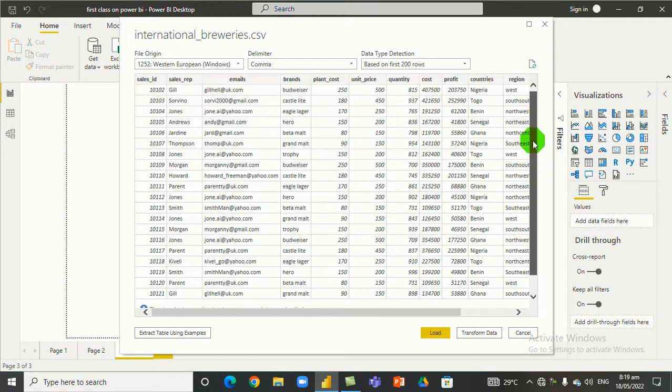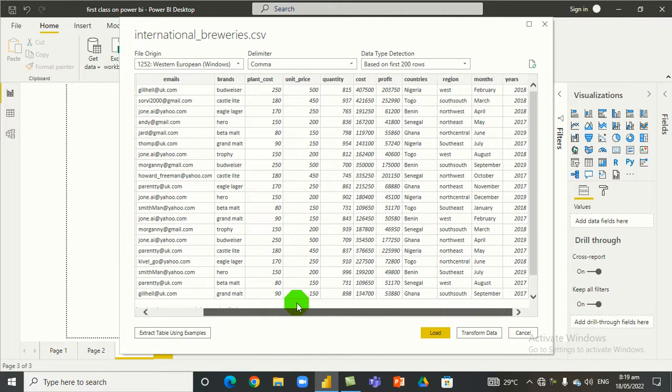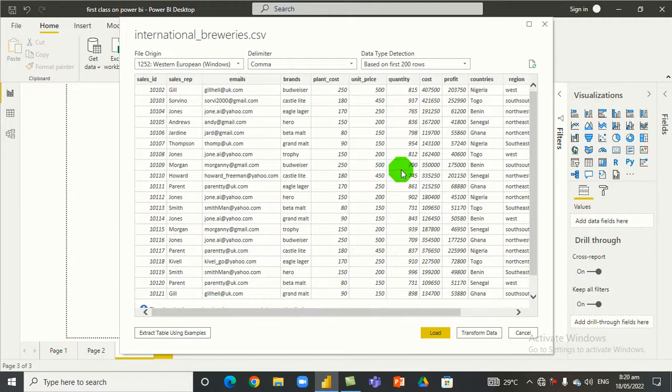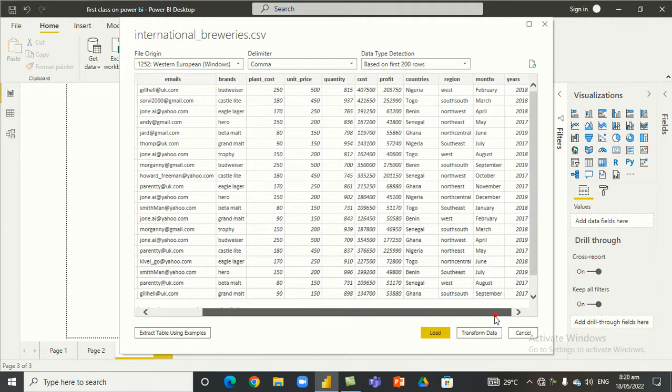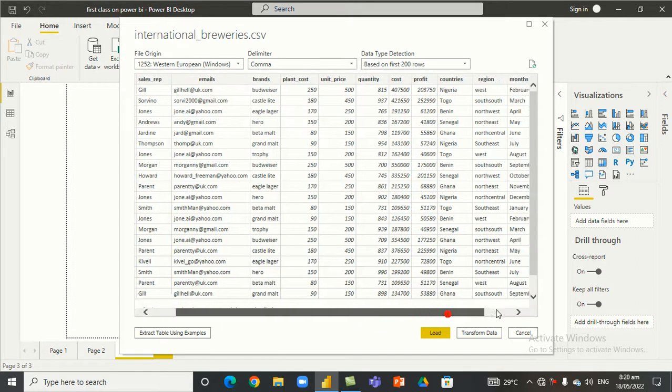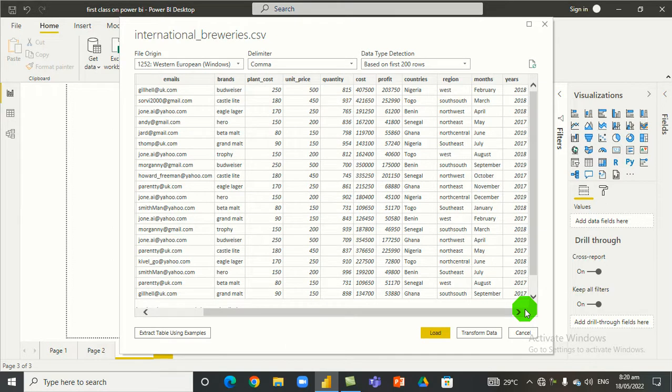So we can easily look at the data. You can scroll left, you can scroll right, to see that all your information is there. Then if you look at the bottom here, you see Transform Data. If your data is okay, there is no need to transform it. But if it's not okay,